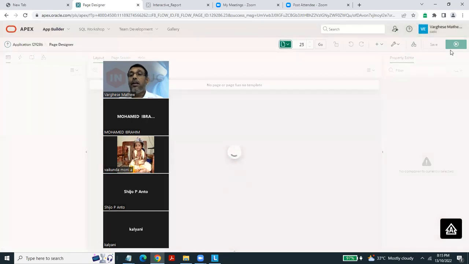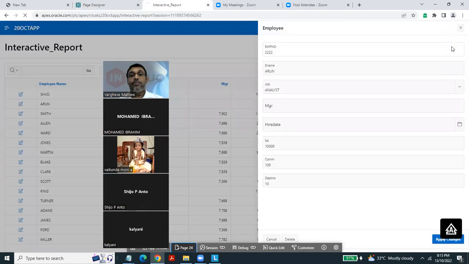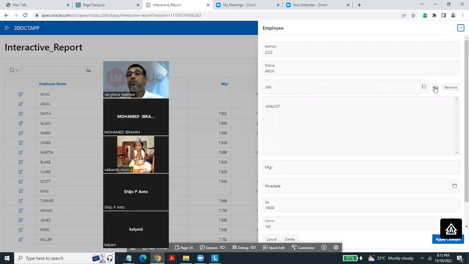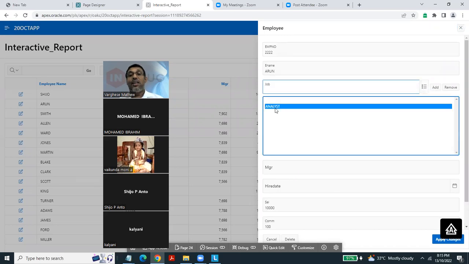I will run and see how it is appearing. I'll click on Arun again. So you can see now, before we were not able to add it. Now you can see analyst, because Arun is an analyst. You can see now you can add. It's like a list. You can add multiples, like adding manager,